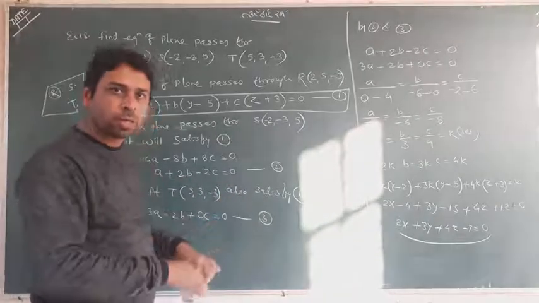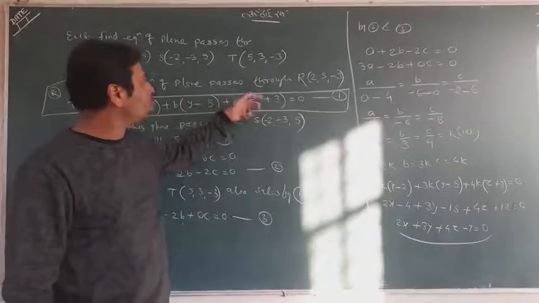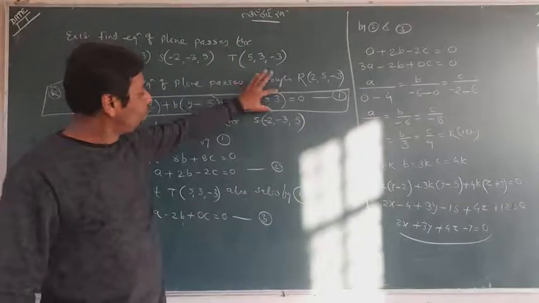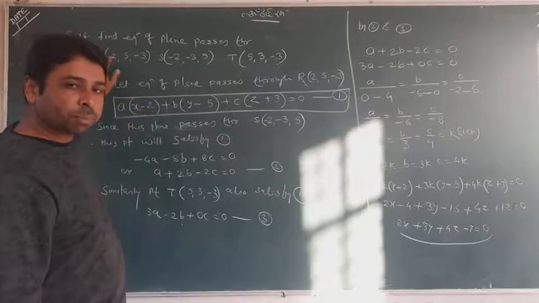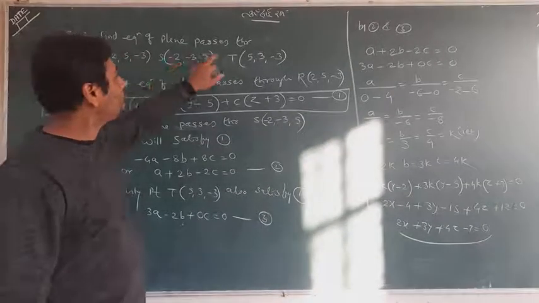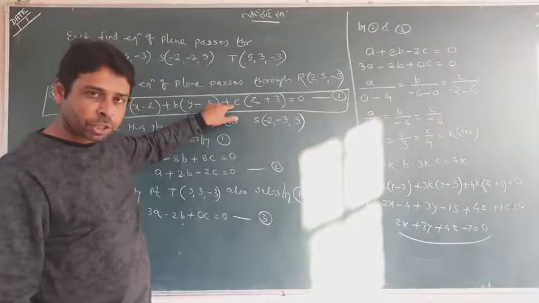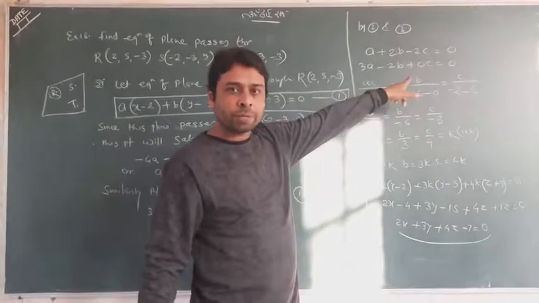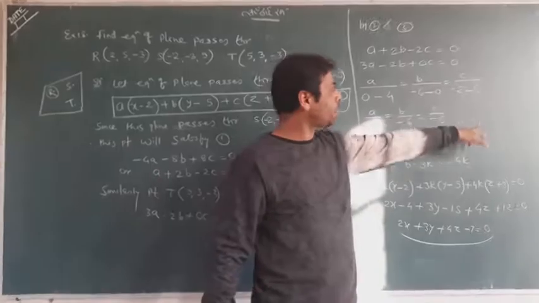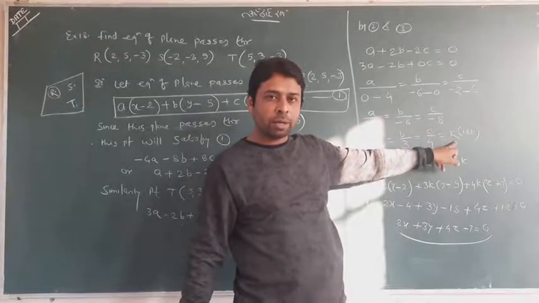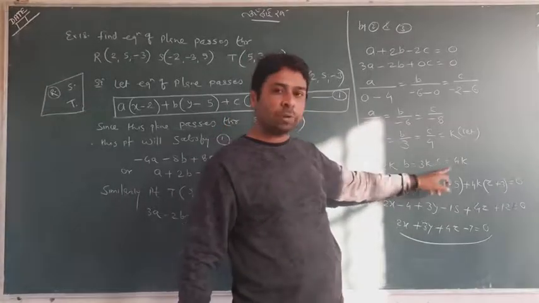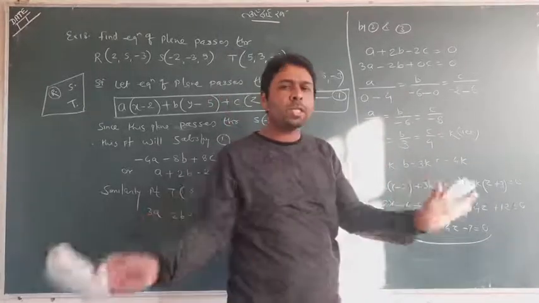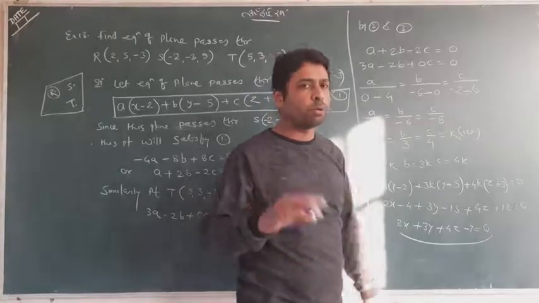Hope you got the method. First, I found the equation of the plane which was passing through R; you can also take S or T, no matter. So first you found this equation which was passing through the point R. Afterward, both S and T will satisfy this equation. After satisfying, you will get two equations in A, B, C. Use the cross multiplication method: A upon, B upon, C upon, you will get K, or you can use lambda. After assuming, you can get A, B, C in the form of K or lambda, and after putting, you can eliminate K and get your answer. So it was a so-called easy method. Remember, this is a very good question.